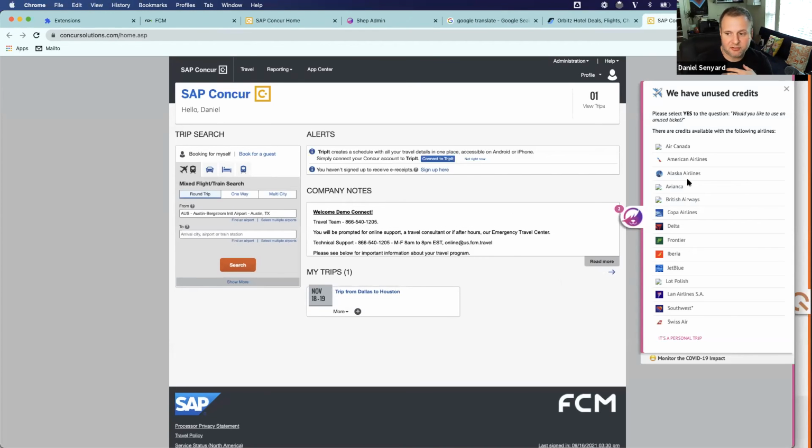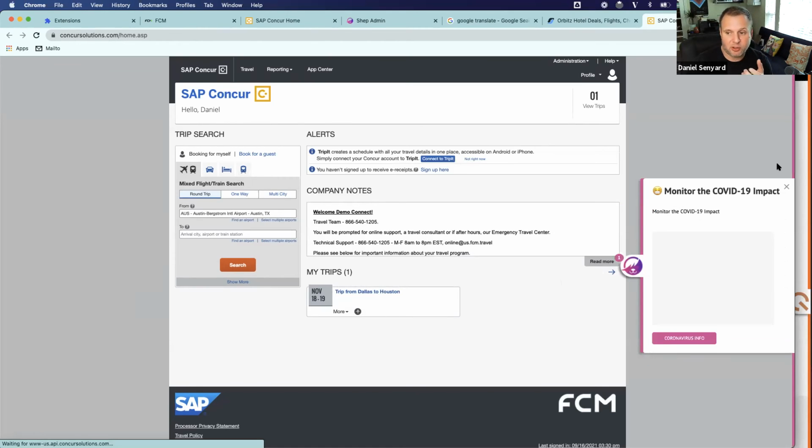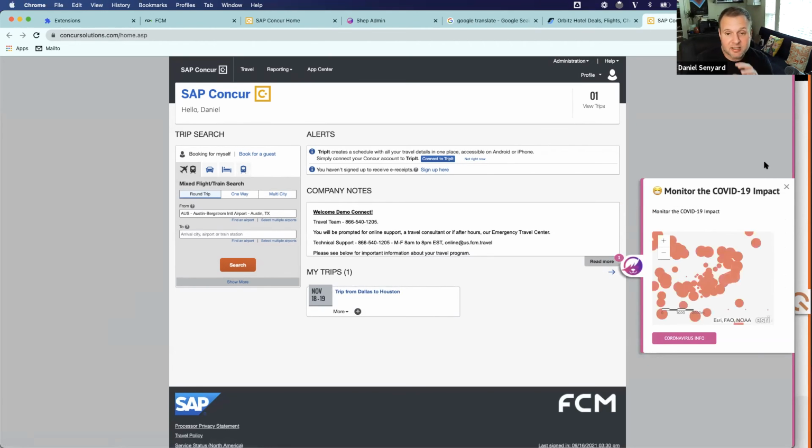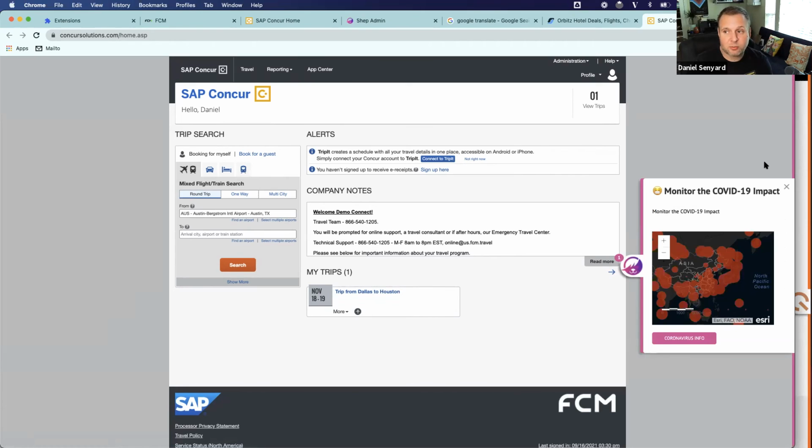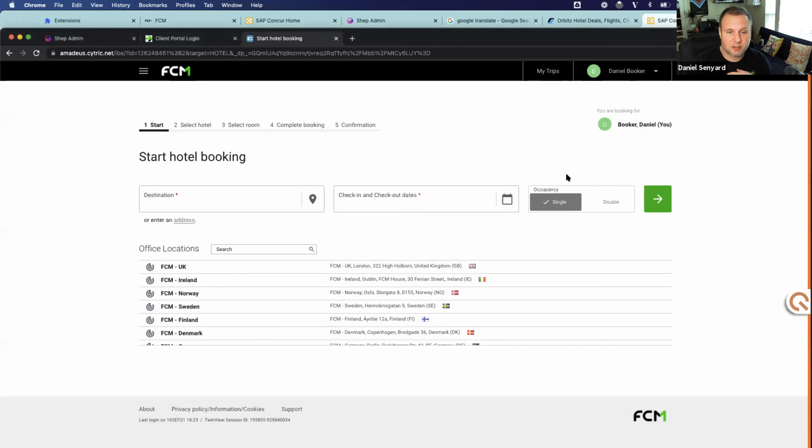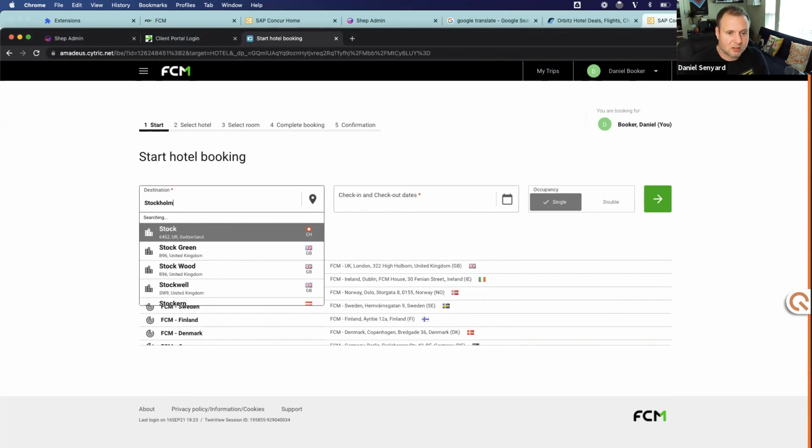And you can see then you've got other messages, which again could be tailored towards the regional employees. Additionally, you can make this very consistent. So you can have this working on multiple OBTs. So I'm going to go over here, and you've seen it in Concur. This is now in Citrix. So if I said I was going to Stockholm,